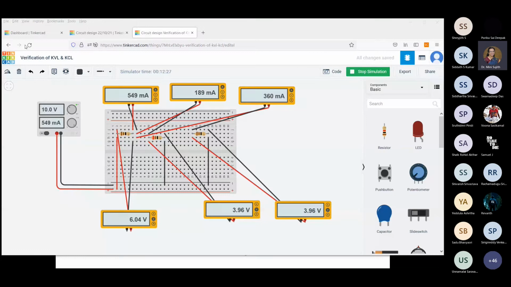Can you see the screen now? See here, if you click this, by default some random name will appear. If you click it, you will be in a position to write the name of your experiment, example 1, example 2. You can write experiment 1. You can write KVL, KCL that way. Okay, that was your doubt, Srijit? Ma'am, can I present and show you? Okay, you want to share the screen? Okay, once again, I'll just explain.